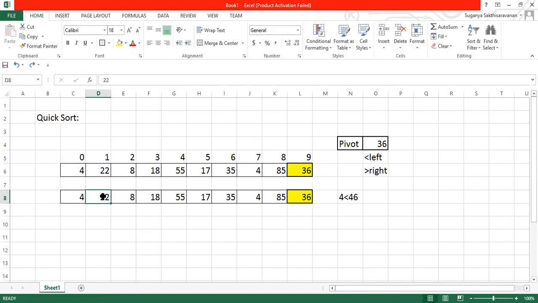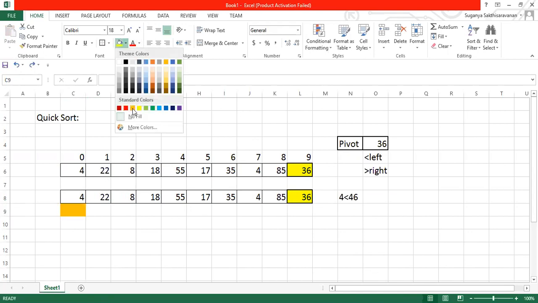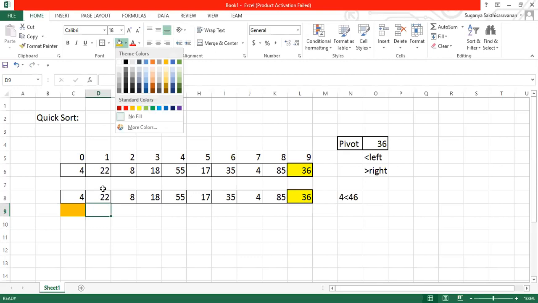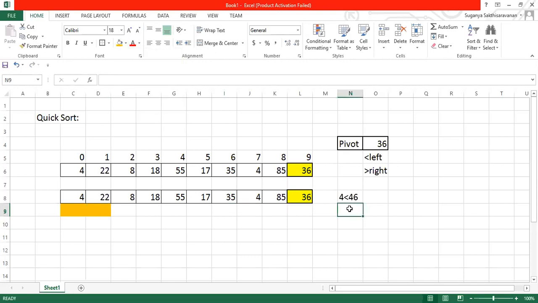Next comparison: I'll check whether 22 is less than 36. Yes, it is lesser. Again I'll move my pointer. The pivot value should be compared, guys.